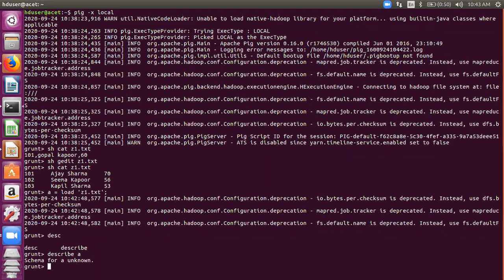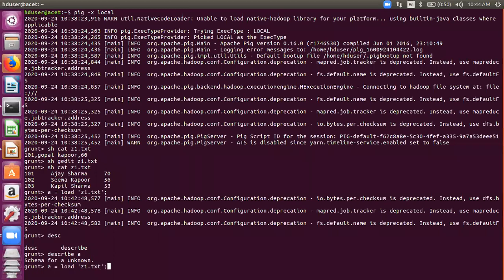What you can do with load is specify the format of the file that you're going to use. For that, there are many functions. We will be considering the PigStorage function for our Pig files. Listen carefully to what I'm saying. I've written it like this. This load statement tells me that I want to load the file z1.txt and it is a tab separated file. By default also, Pig considers PigStorage as tab separated. So whether I write it like this or like this is one and the same thing. Kindly note this.